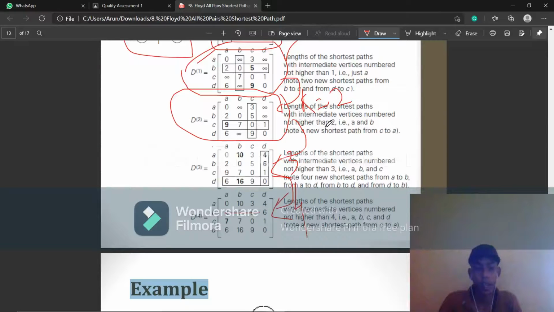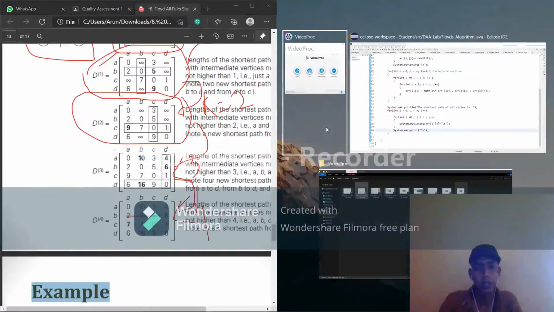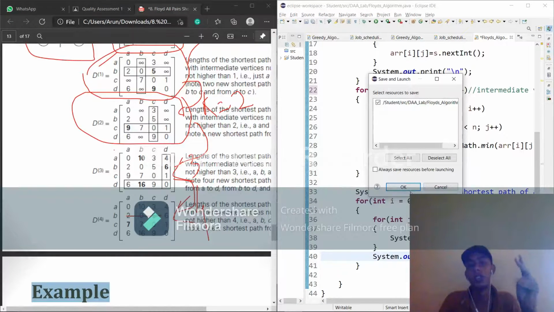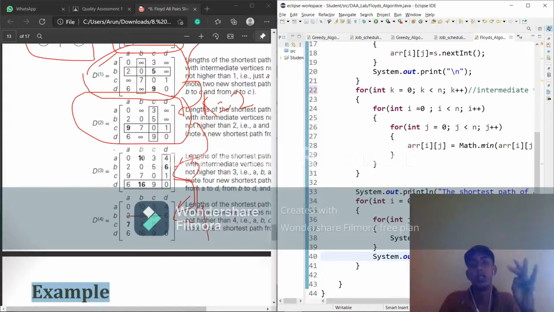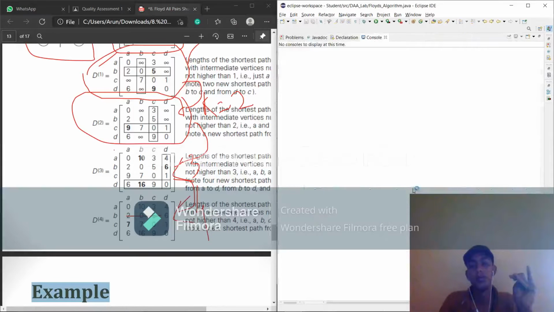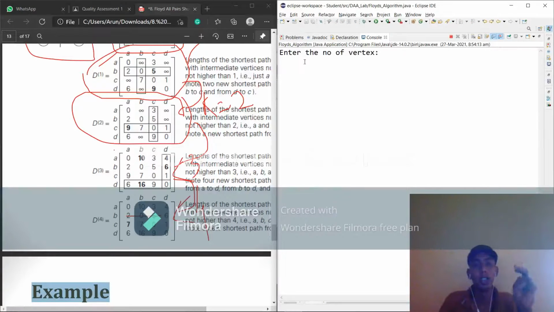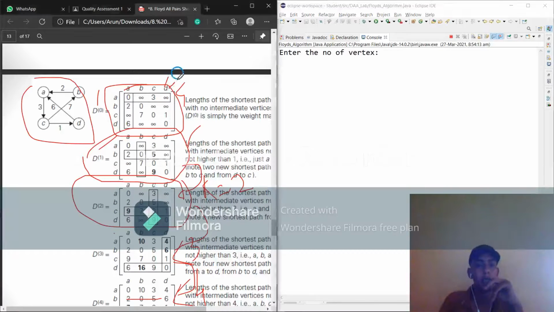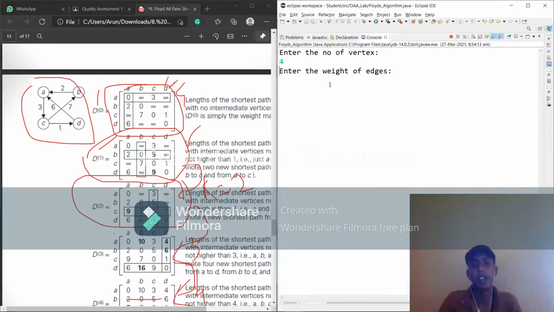This is the example problem. I am going to run this code. It asks for the number of vertices. We have taken 4 vertices here, so I give 4. Then enter the weights of the edges.